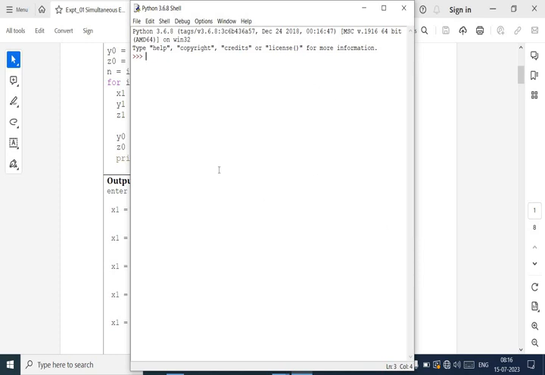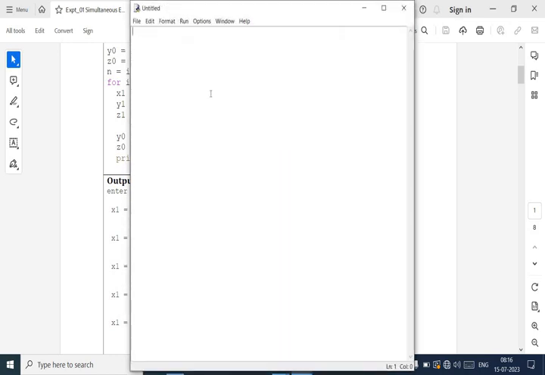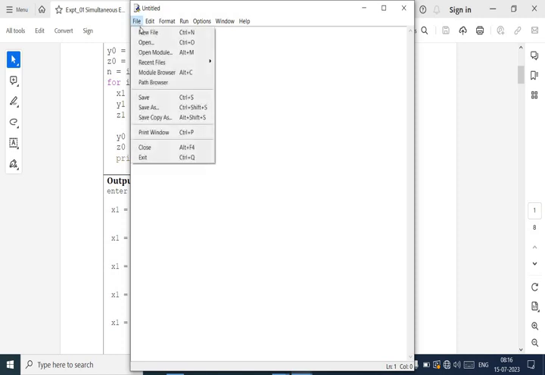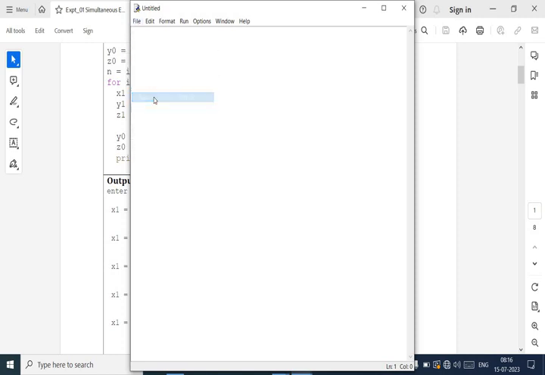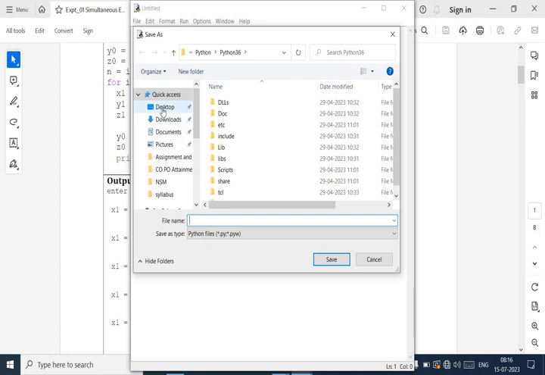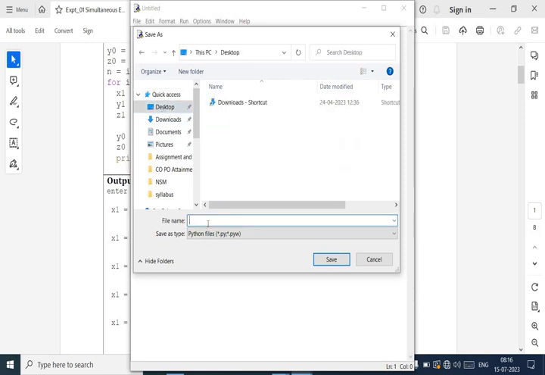So you can see the screen here, a prompt is displayed. So the first step is to create a new file. So I will click on file, new file. Okay, a new file will be generated. Name of the file is untitled. So I will click on file, then save. Say for example on the desktop, I will give the name of the file as NSM practical1. So with this name I will save this file on the desktop.